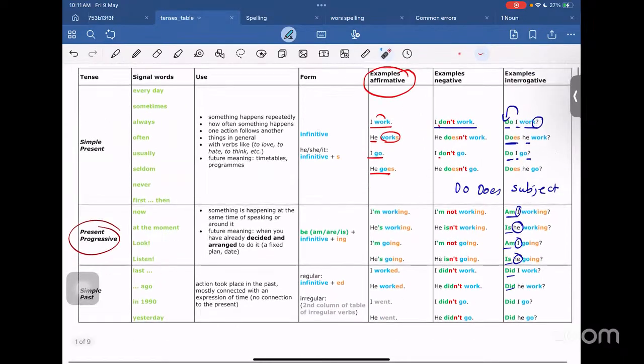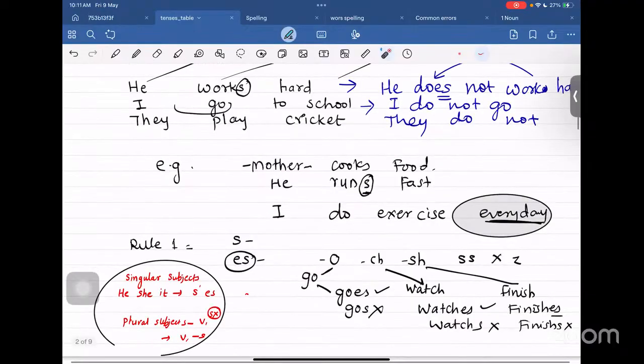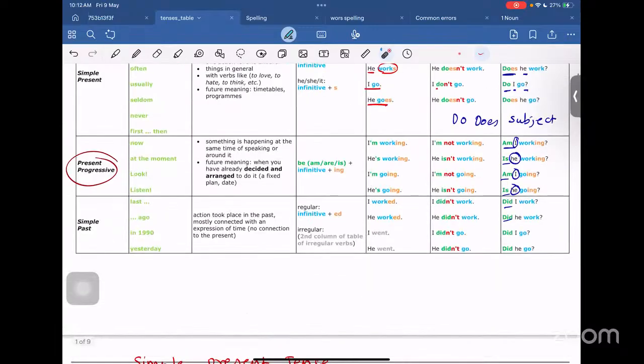ठीक है, ये सब हम देख रहे थे प्रेजेंट कंटिन्यूअस का। देखो जैसा मैंने प्रेजेंट टेंस में बोला था कि एवरीडे ये वर्ड यूज होता है, और किसी ने एवरीडे से सेंटेंस भी बनाया था। देखो यहाँ पे ये एवरीडे वाला सेंटेंस था, वैसा ही सेंटेंस यहाँ पे यूज होता है, नाउ, एट द मोमेंट, लुक, लिसन। ये ऐसे वर्ड यूज होते हैं प्रेजेंट टेंस में। आई एम वर्किंग नाउ, आ गया नाउ, ऐसे।